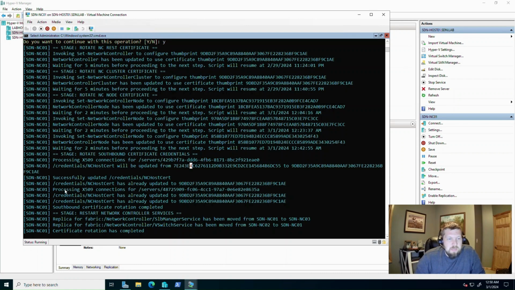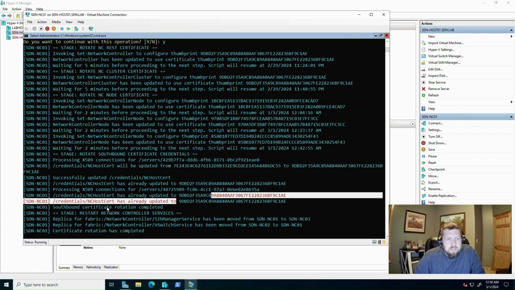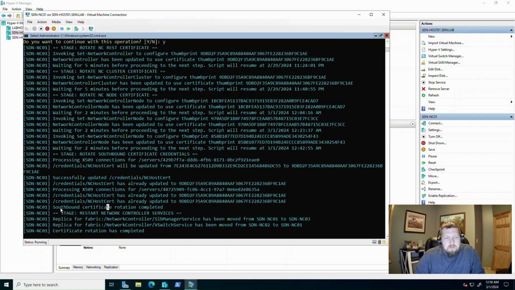So I'll actually see, it'll run through, check that, and then I'll process all the rest of them and make sure that they're all set properly. Once that cert rotation for southbound devices is complete, we'll move on to the final stage, and this is to basically restart the SOP manager service and the vSwitch service, so that way they pick up the new certificate for